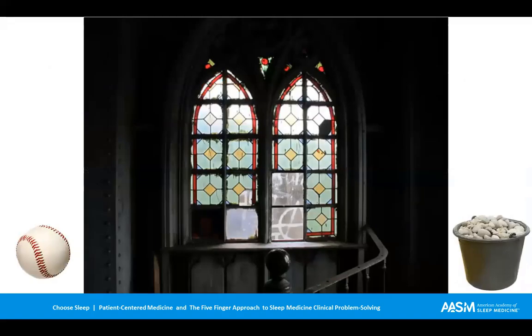Remember, it doesn't matter to the patient why the stained glass window gets broken. What matters is whether it gets repaired. So determining whether circadian misalignment is present or not kind of requires a bit of detective work. You need to ask the patient about what they're doing before bedtime. You need to ask what they're up to, when they turn the lights out, what time they think they get to sleep. Ask them about their schedules both during the work week and during weekends.